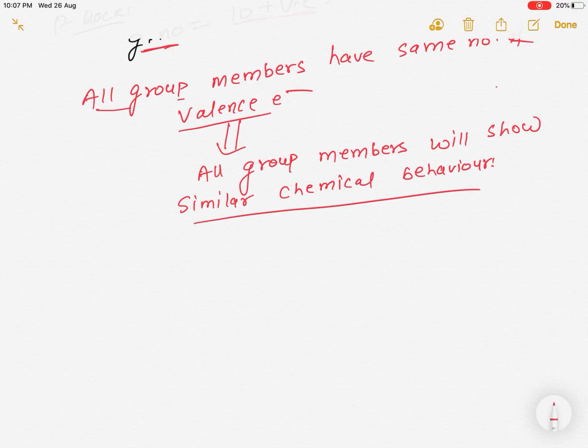Now we have learned how to find the group number and how to find the period number. So let's take a few examples to locate a particular element in the periodic table. Let's take nitrogen, 1s2, 2s2, 2p3. Period number is quite easy. For any element, in any block, the period number is always equal to the valence shell number. Nitrogen's valence shell is the second shell, so the period number is second period.